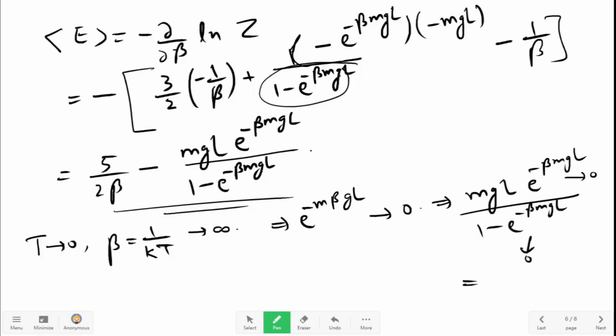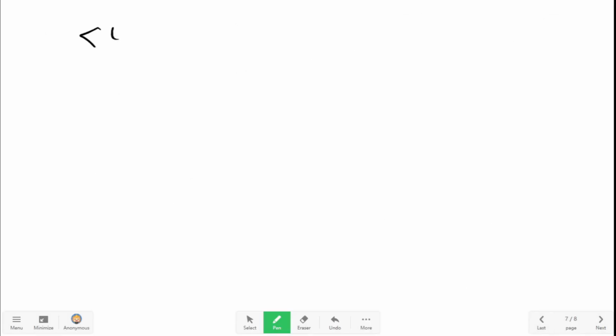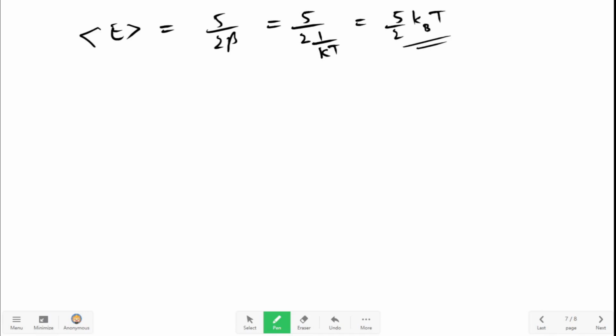Therefore this term will be approximately equal to 0. Therefore the average energy is equal to 5/(2β). The second term is negligible, and this is equal to 5/2 times 1/kT, which is equal to 5/2 kBT. This is the average energy when T is tending to 0,